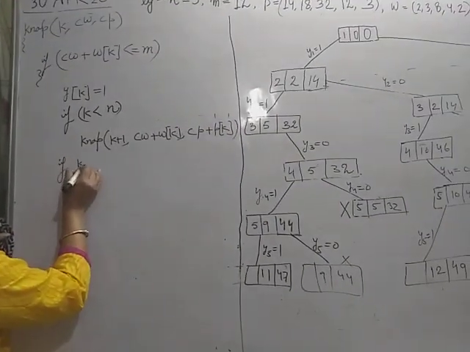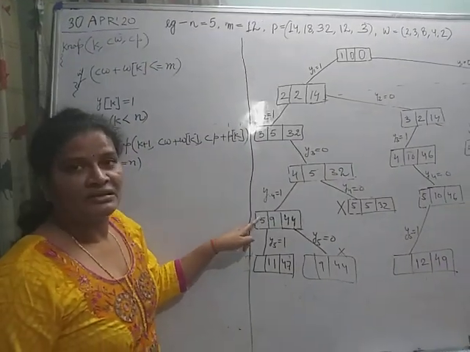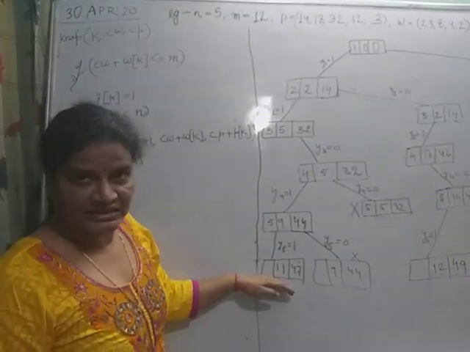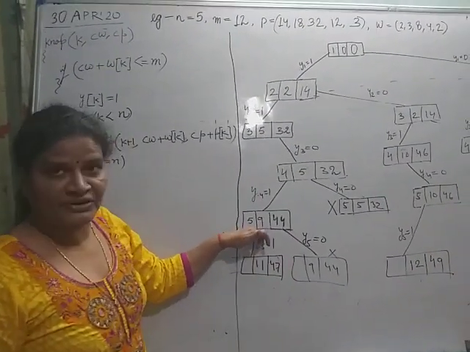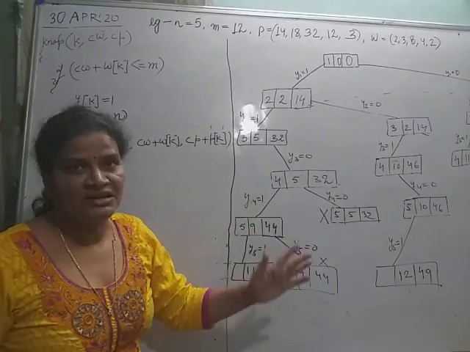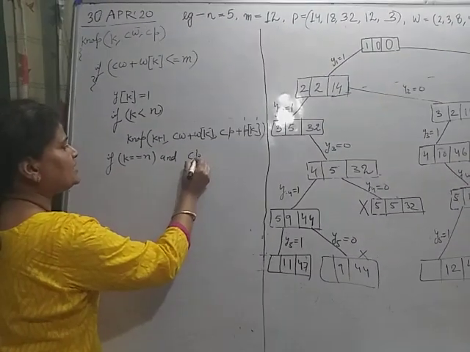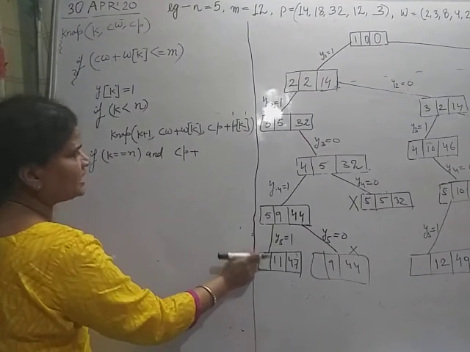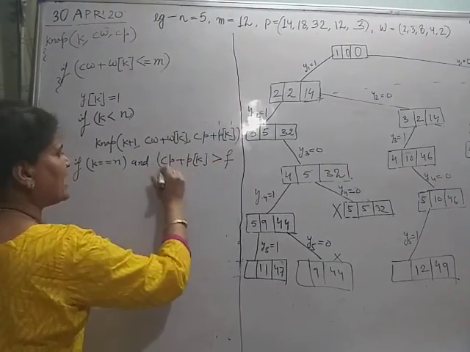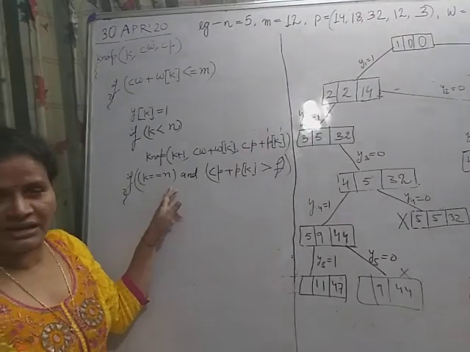If K equal to N, K equal to N means you are here. Here when the function is called for K equal to N, the value of N is 5. It means you are at the leaf node. So before generating the leaf node, you have to check the profit: the current profit stored in CP should be greater than the profit of the solution vector generated so far. So here if K equal to N and CP plus PK is greater than F, then only we do the following. If CP plus PK is greater than F and K equal to N, it means this